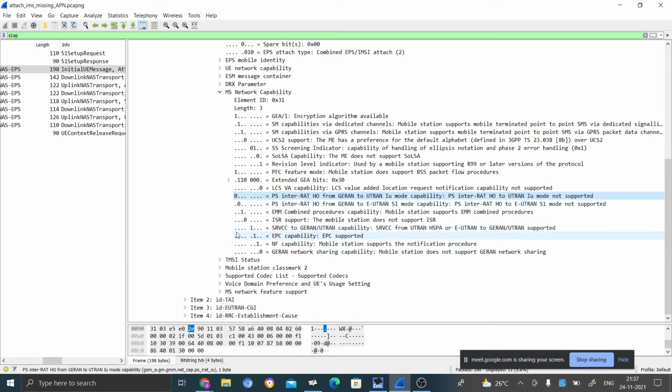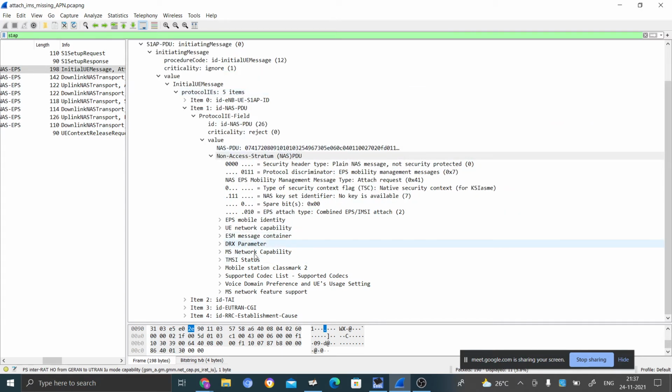You started data on LTE and are trying to hand over to WCDMA. Then it is not happening. Means UE is not moving to the target. It is getting some RLF and UE disconnected from the LTE. Okay. So when you are seeing such things, then you have to see whether it supports or not.